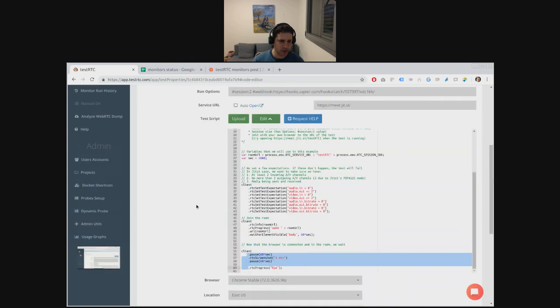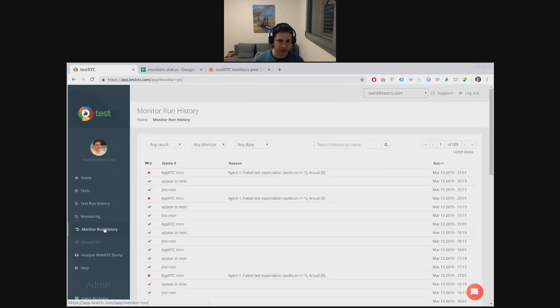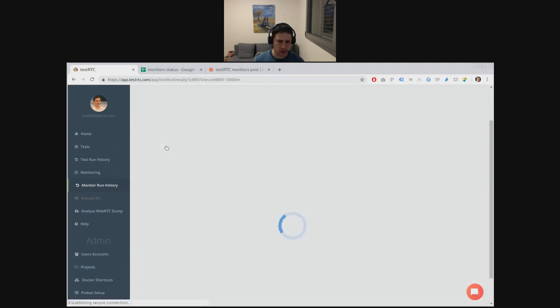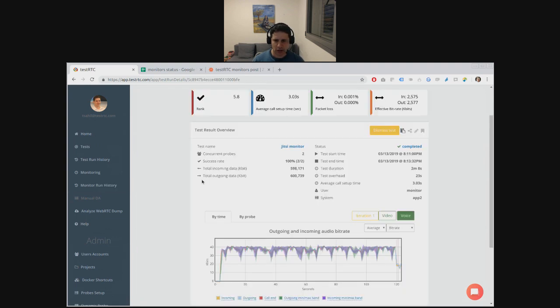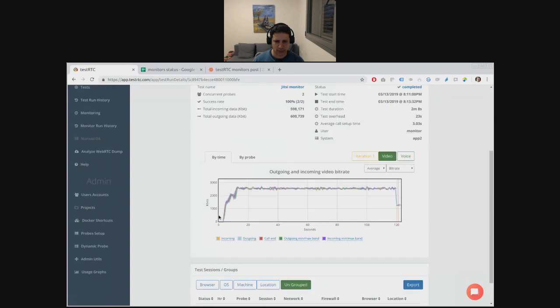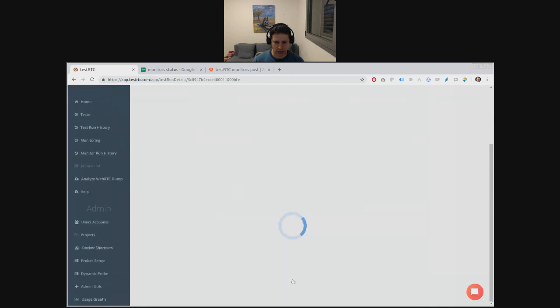Let's go, for example, to the run history. So this shows all of the successes and failures of the monitors. You can see that there's a failure for upRTC happening just now, an hour ago, and just a few minutes ago. If I look at the Jitsi monitor, the last execution of it, I can check the quality, incoming, outgoing video bit rates. And then let's go towards one of the probes